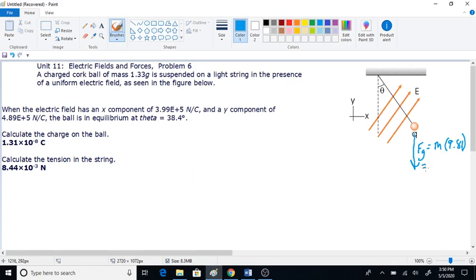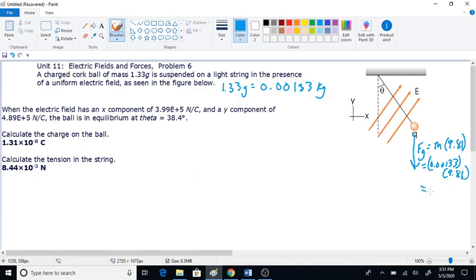And when we fill in mass, our mass is 1.33 grams, and 1.33 grams is equal to 0.00133. It's 3 decimal places to the left to get it to kilograms. You must have kilograms to get units of newtons. So there we go, 0.00133 times